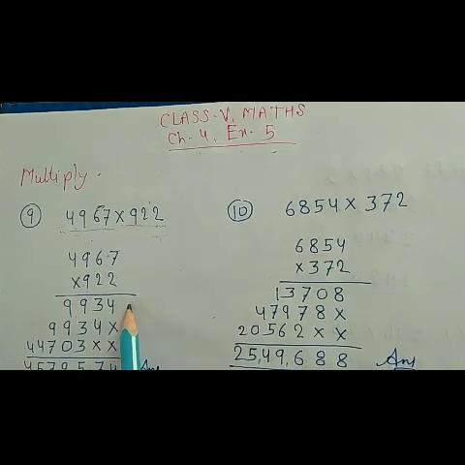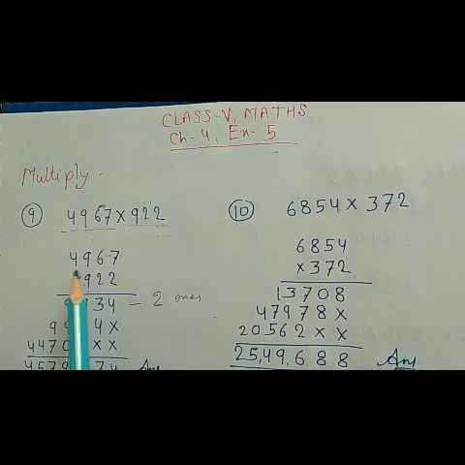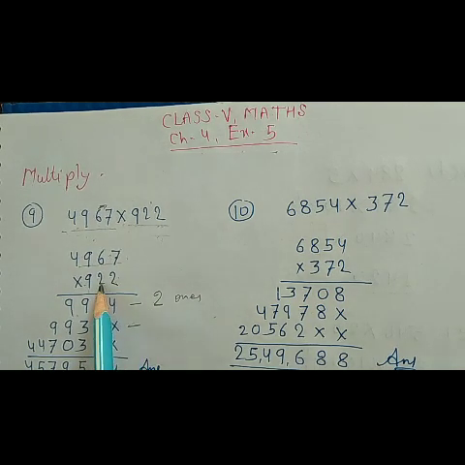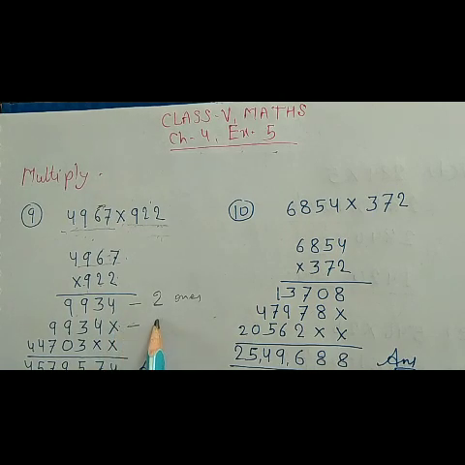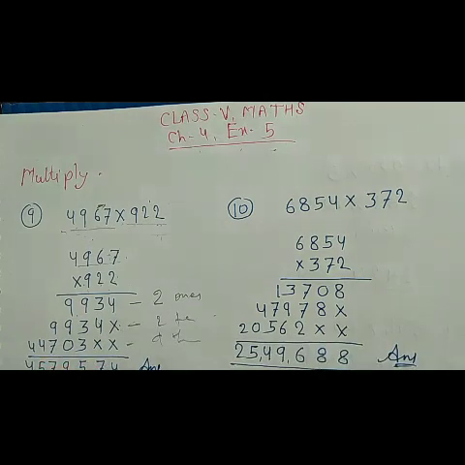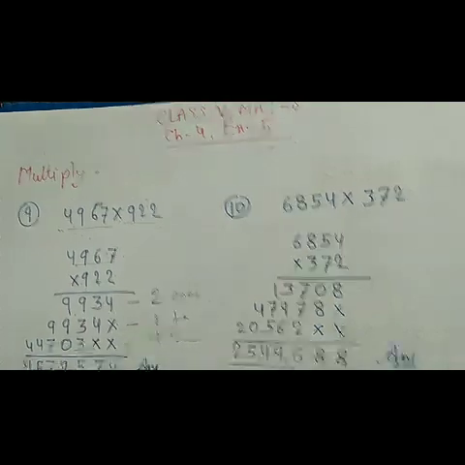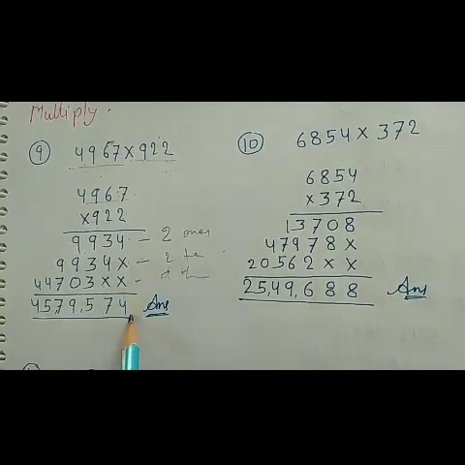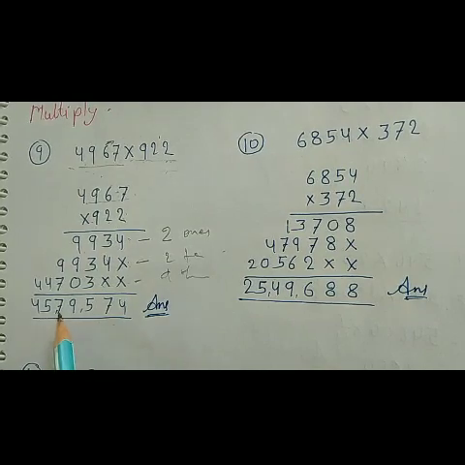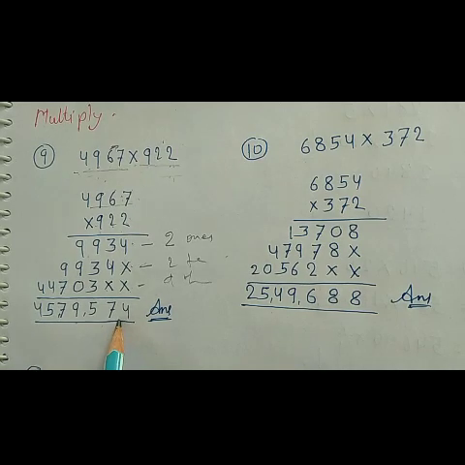This is started from ones place, means this number is multiplied by 2 ones, and this number is multiplied by 2 tens, so ones place is 0 there, 2 tens, and this is 900, means this number is multiplied by 900, so ones and tens places are 00 and it is started from hundreds place. Simply add these numbers 4 7 5 9 7 5 and 4. This is the product of these numbers.